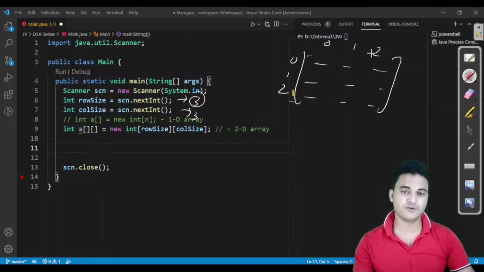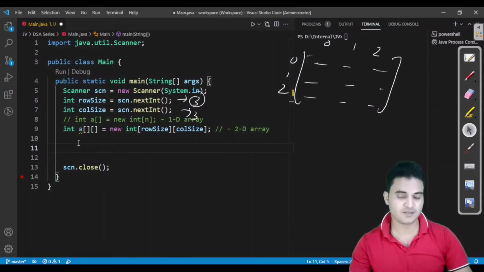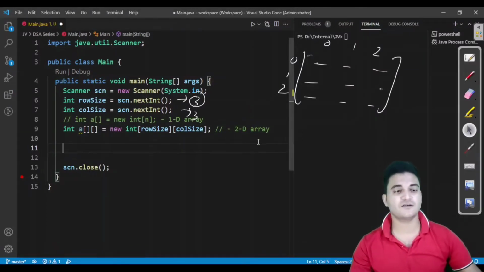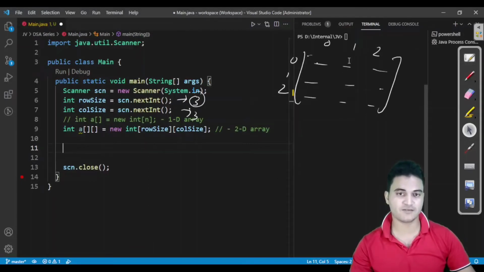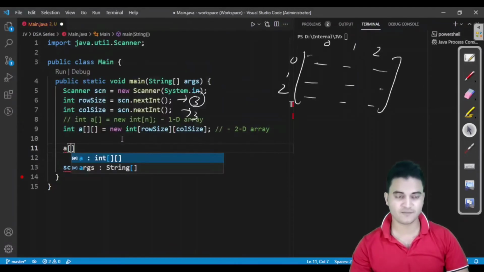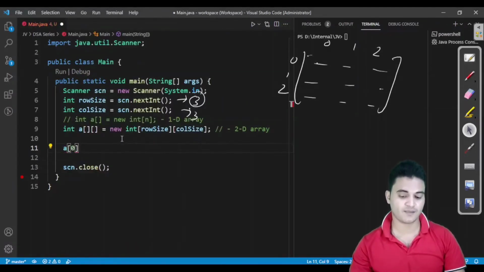Now we want to fill this complete array. Let us say for now I want to insert 5 at this particular index. So what is the row here? It is 0, and what is the column here? It is 1. So I would be writing a[0][1] is equal to, let us say, 5.